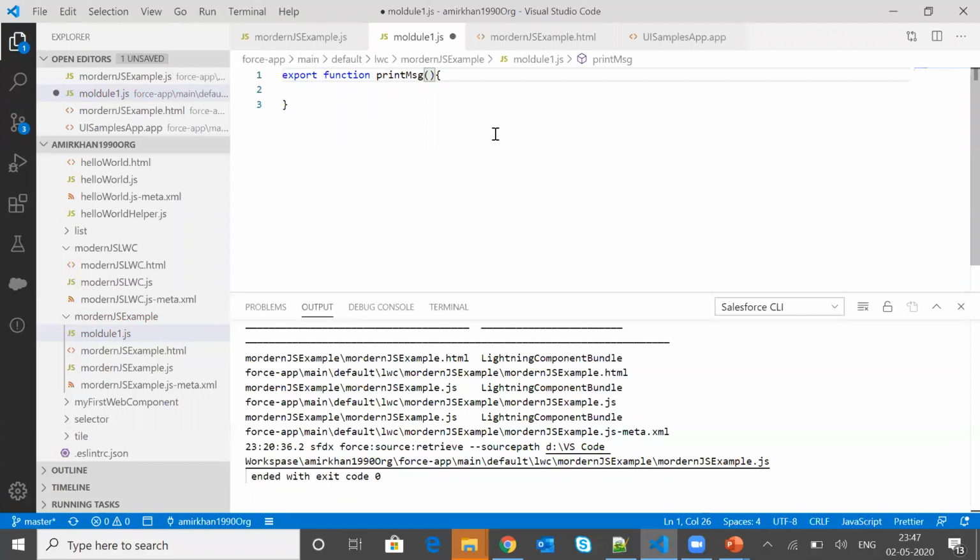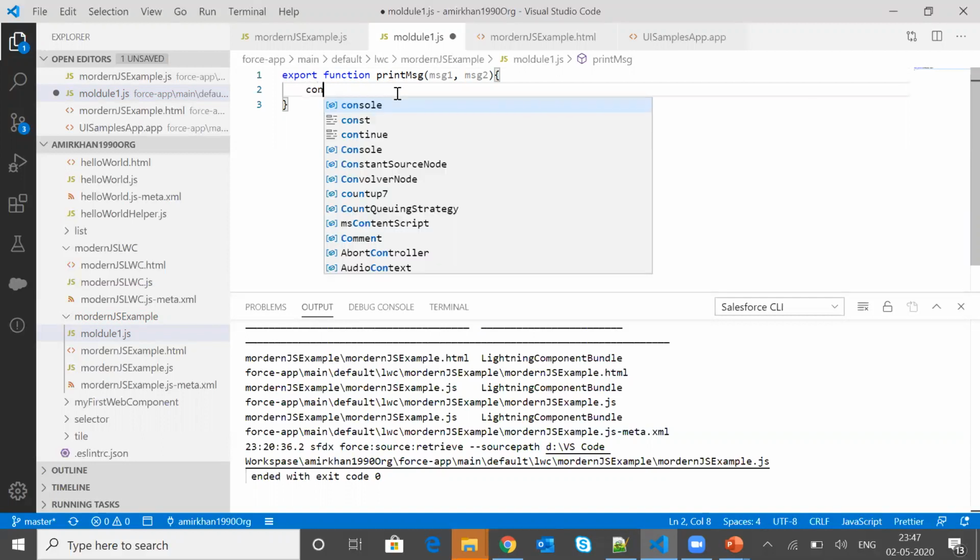Let me name the attributes msg1, msg2. You can pass attributes based on your requirements, but right now I'm going to take a very simple example.